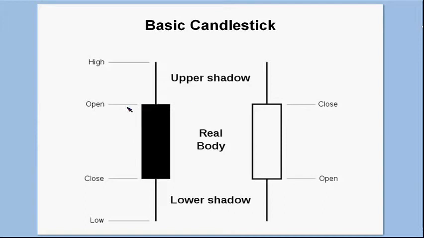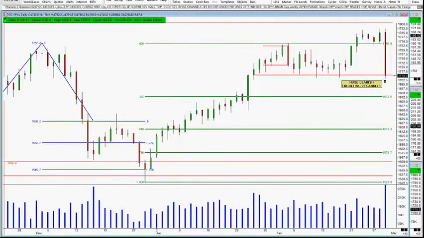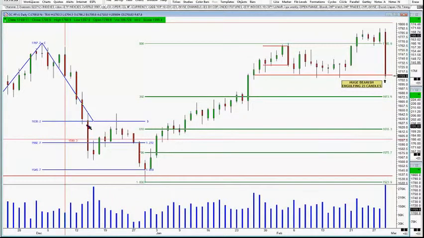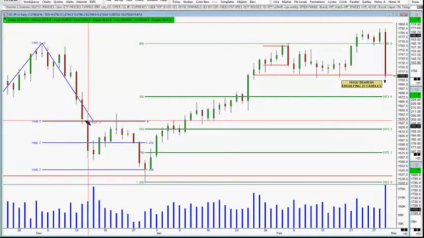In this case here, a black candle. Now on my charts, it would be a red candle. So I'm using red and green, and I didn't get a chance to color things in. Sometimes people will just simply use black and white. So when I'm using a red candle, it means that this is where it opened up. And so red on my screen in the charting software is really referring back to a black candle here.